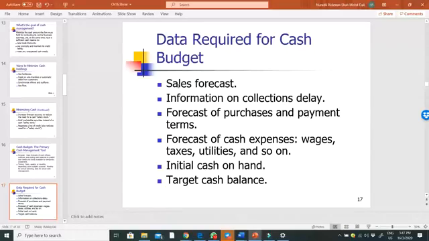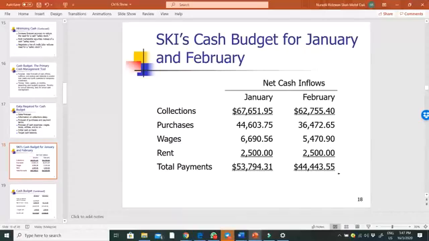Data required for cash budget is sales forecast, information on collection delay, forecast of purchases and payment term, forecast of cash expenses, for example, wages, taxes, utilities, and so on. And then you have to have initial cash on hand and a target cash balance. This is an example of cash budget. Right? You have cash inflows, the collections, purchases, then minus wages, rent. So total payments is actually